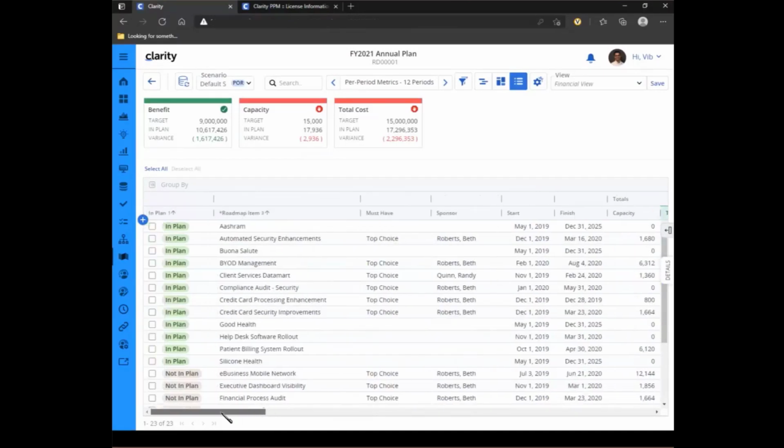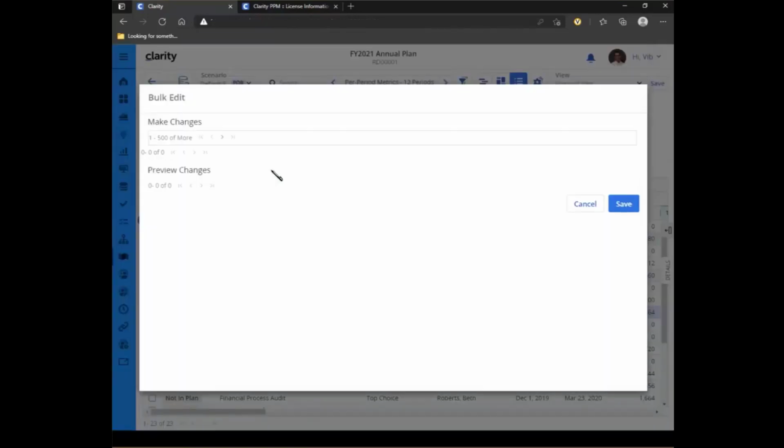And upon review, I realized that I need to really change the benefit for three of these instances. So I'm going to change the benefit for my automated security. I'm going to change the benefit for client services, and I'm going to change the benefit for my credit card security. So again, in here, because roadmap is using the common grid, upon selecting, I get the new edit option. Clicking that gives me